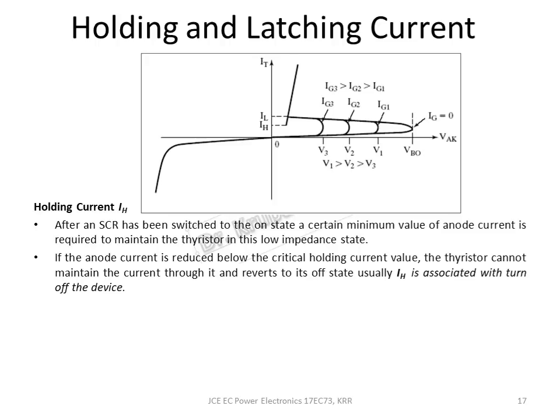So if the anode current is reduced below the critical holding current value, what happens is, I have turned on the SCR and the current is here. Suppose I use some external resistance and I start reducing the current through the SCR. As I go on reducing, it will still be in the conduction mode as long as I am above this IH value. So I should never reduce. If I try to reduce below the holding current, the SCR will come back to its forward blocking state. Getting the point? So as long as the anode current is above the holding current, it will be in the latch state or on state.